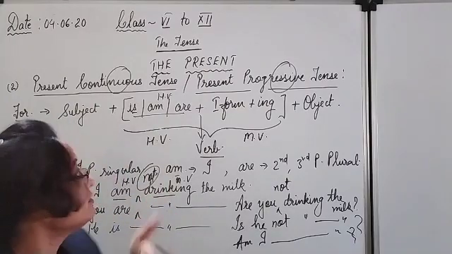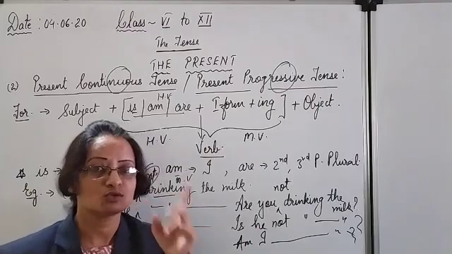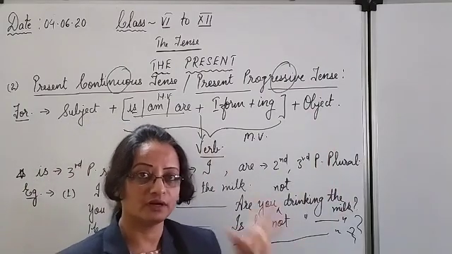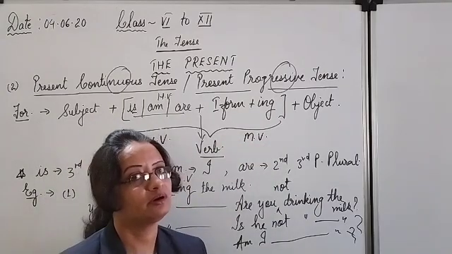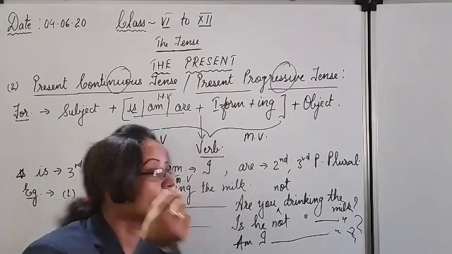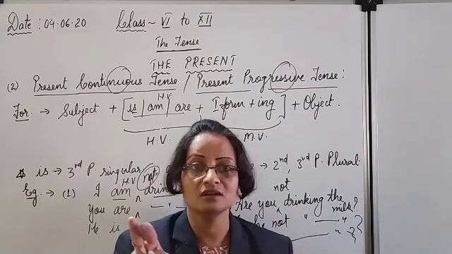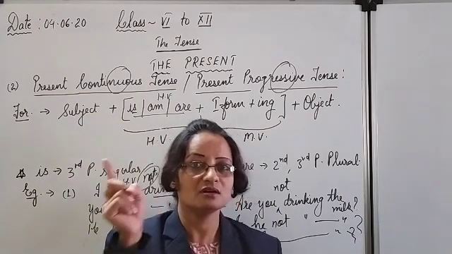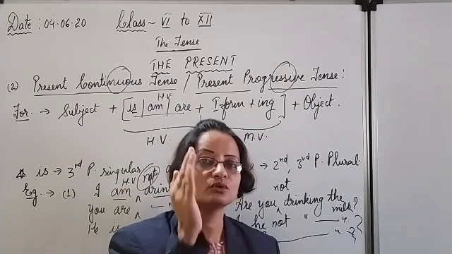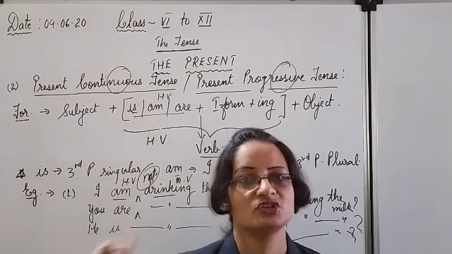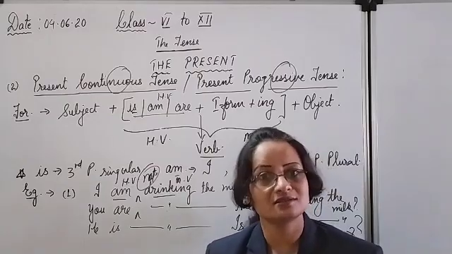If the tense, again we'll recall, revise: present continuous. Present, so is, am, are for the continuous. And the continuous word, progressive word, is there. Remember the ing form with the first form. So here it is over. For not, place the not between the helping verb and main verb in the statements. In the questions, place the not before the main verb in the sentence and a question mark at the end. So here finishes your present continuous tense.